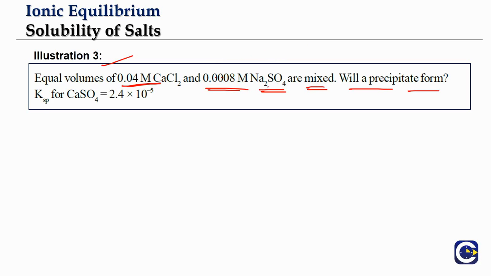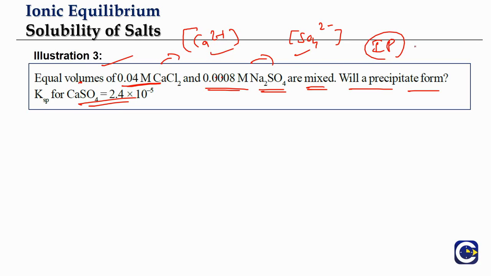Will a precipitate form? So here, what is the precipitate they are talking about? Calcium sulfate. How can calcium sulfate form? Ca2+ ions will come from calcium chloride, and sulfate ions will come from Na2SO4. So they are asking whether a precipitate will be formed. What we need to do is find the calcium 2+ ion concentration from the concentration of the calcium chloride, and the concentration of the sulfate ions from the Na2SO4, because we assume that they are completely dissociating. Now using these concentrations we will find the ionic product for the calcium sulfate formula.